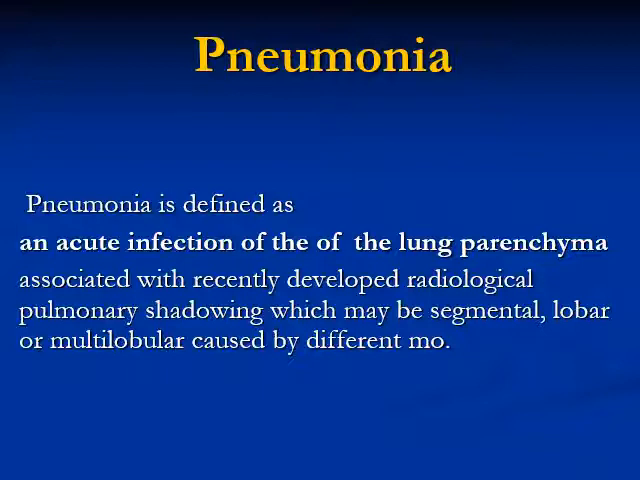So what is pneumonia? As we know, pneumonia means inflammation of the lung parenchyma, but it is an acute condition. So it is an acute infection of the lung parenchyma. Lung parenchyma means the lung alveoli and interstitial tissue, so mainly it is in the lung alveoli. So it is acute infection or acute inflammation of